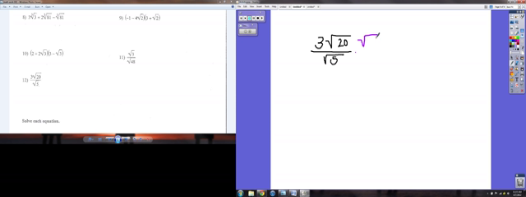So what we're going to do is multiply by a form of 1. We can always multiply anything in math by a form of 1 because anything over itself is simply 1. It just happens to be a pretty convenient form for us to get rid of the radical in the denominator. When I multiply by radical 5 over radical 5, I can't multiply the 3 by the 5 because the 3 is not under the radical. However, I can multiply 20 times 5. So that's going to leave us up top with 3 radical of 20 times 5, which is 100,